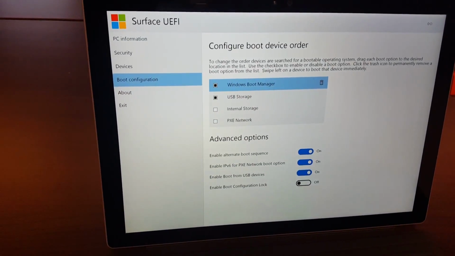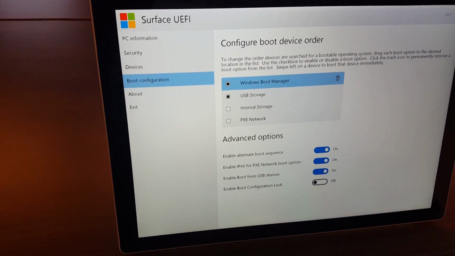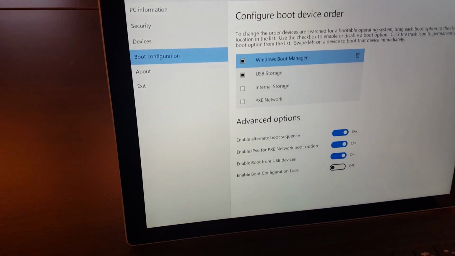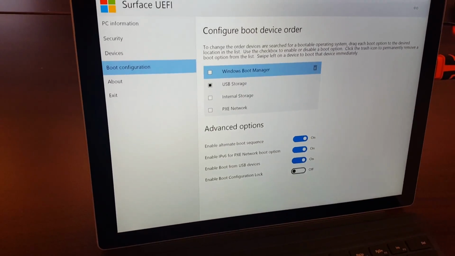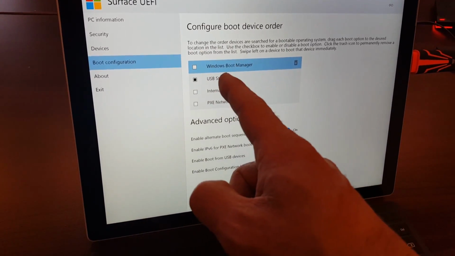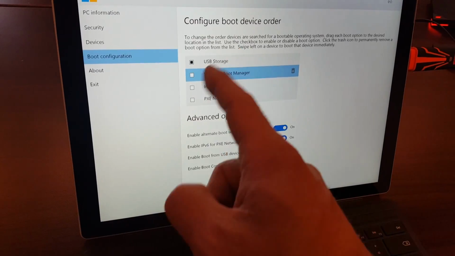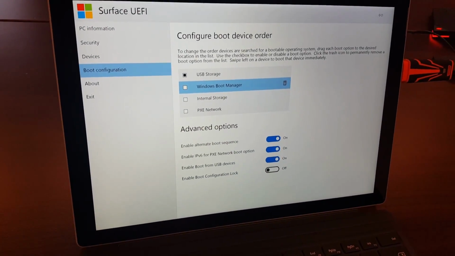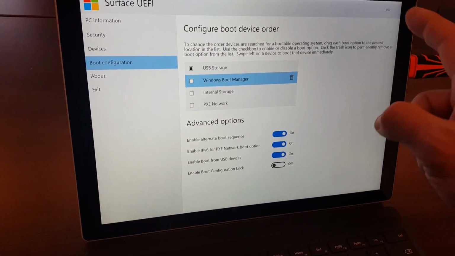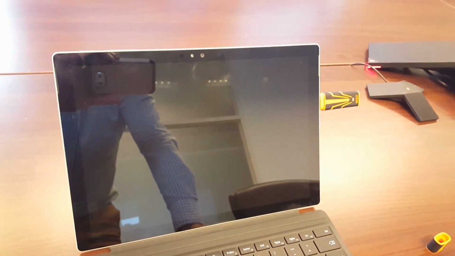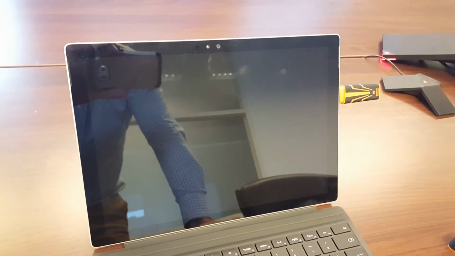So you go into here, and what you notice is you see, for example, that USB is second. So what you can do is disable, for example, the boot manager here and boot it up from USB. So make sure that USB is on the top. Now, if we go back, exit, and restart, what will happen is it will talk to the Skype